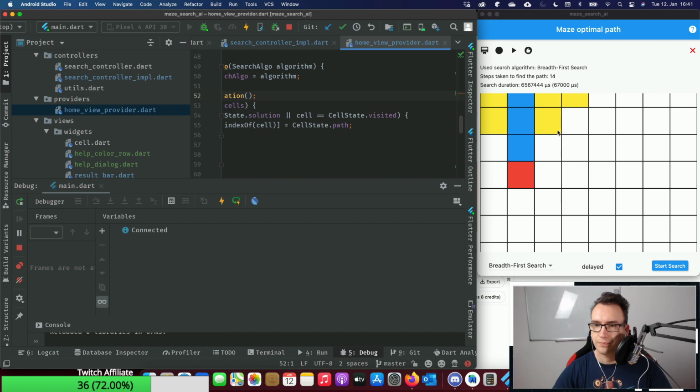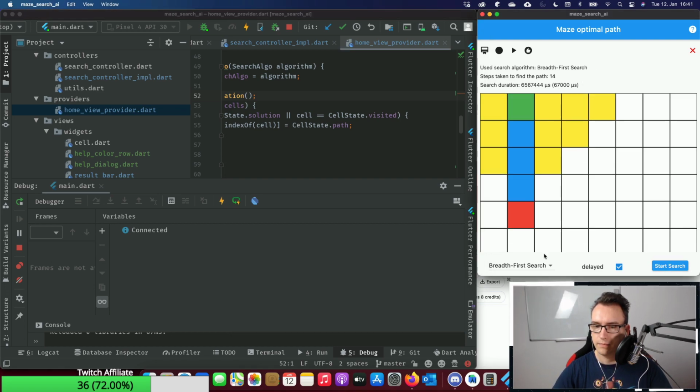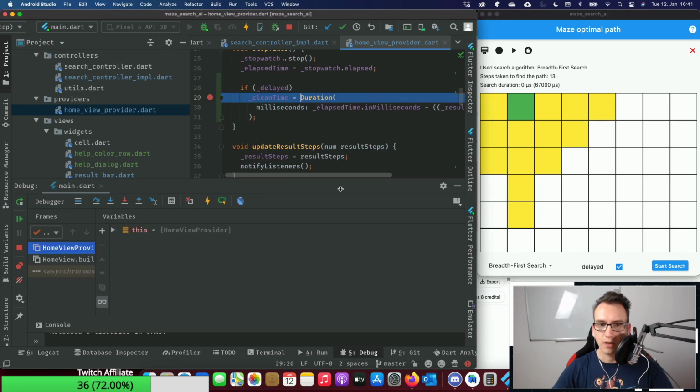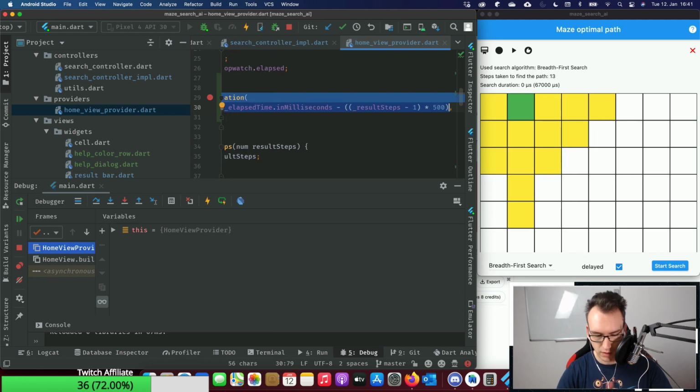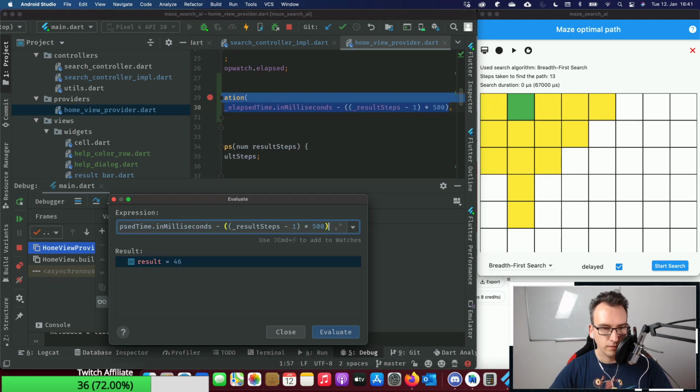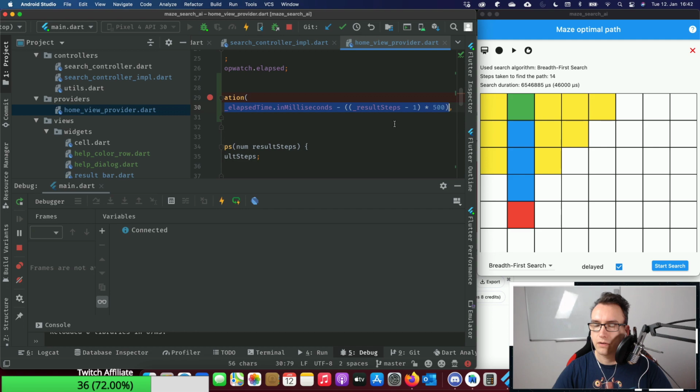Okay, go through and select one different, select it again, go. Okay, here we go, and we have those values. So that looks about right, I guess. 46, that could be correct.